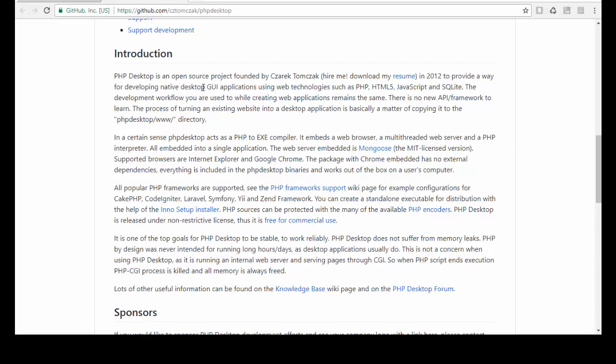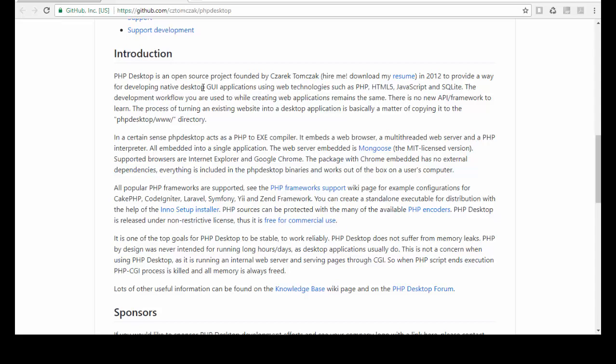This is not really a native desktop application like Electron is trying to do, but this guy was smart enough to package all the web technology into a container. I see it as a container that can hold your application, and that container can behave like a native desktop application.